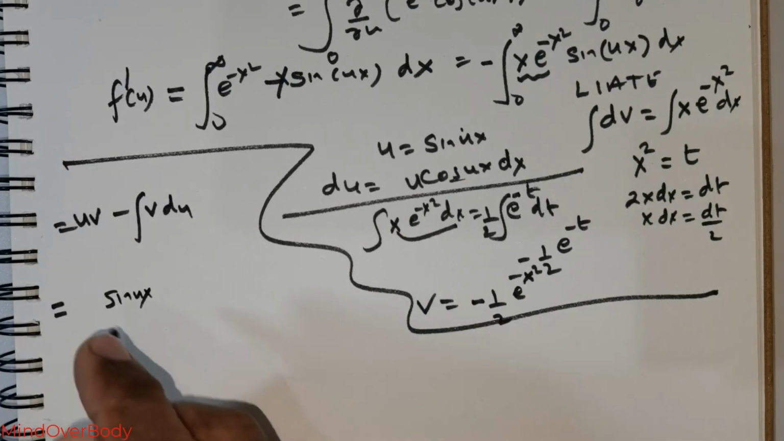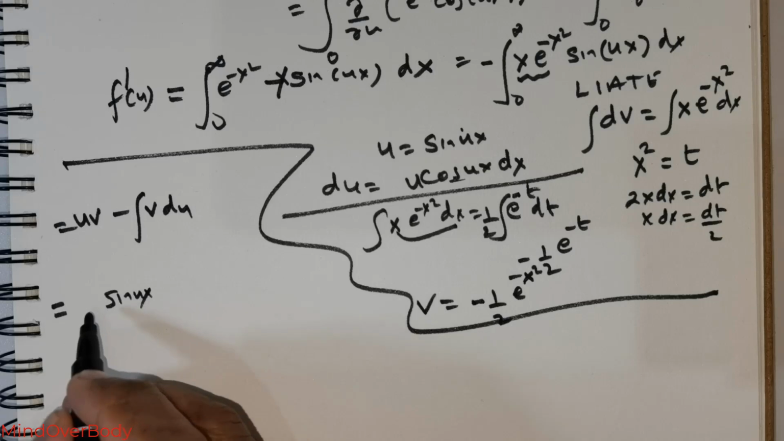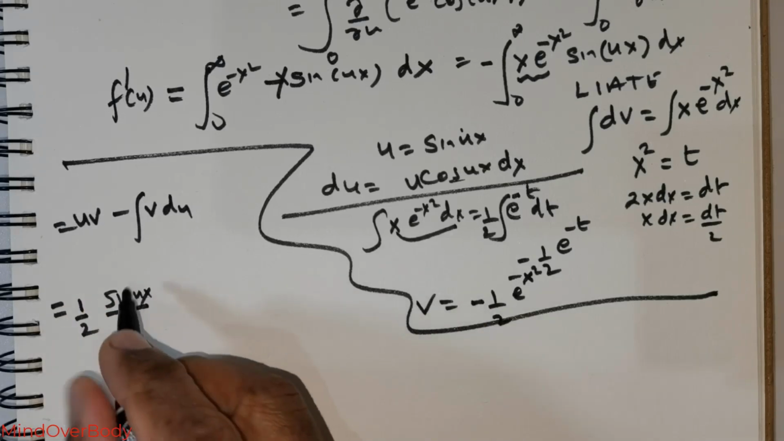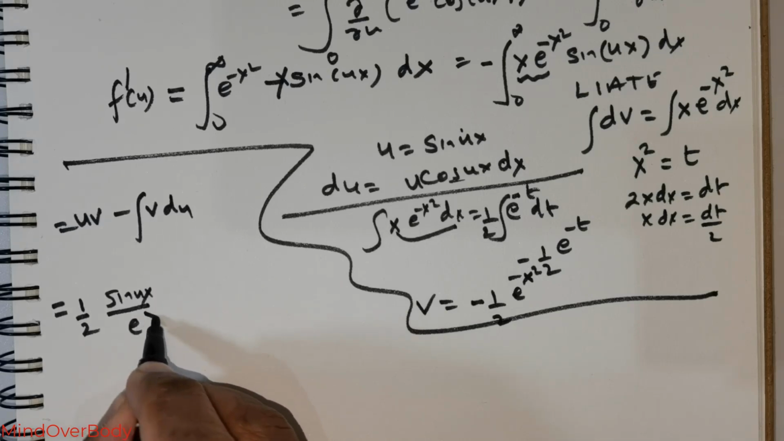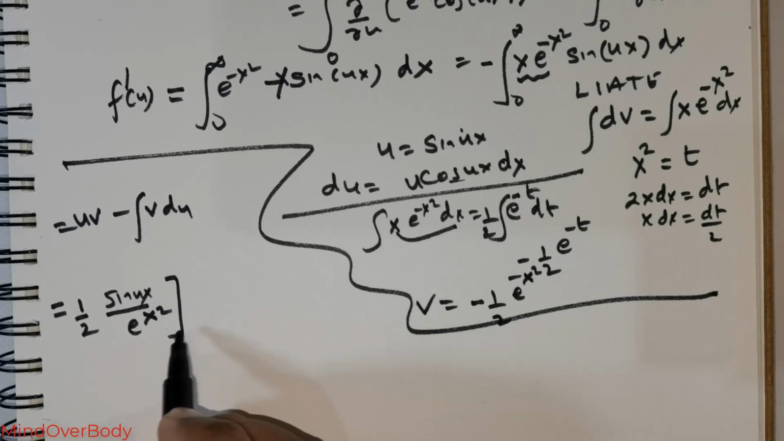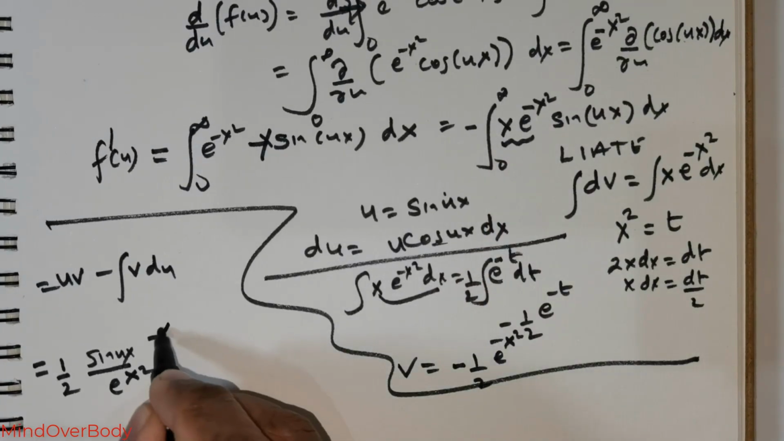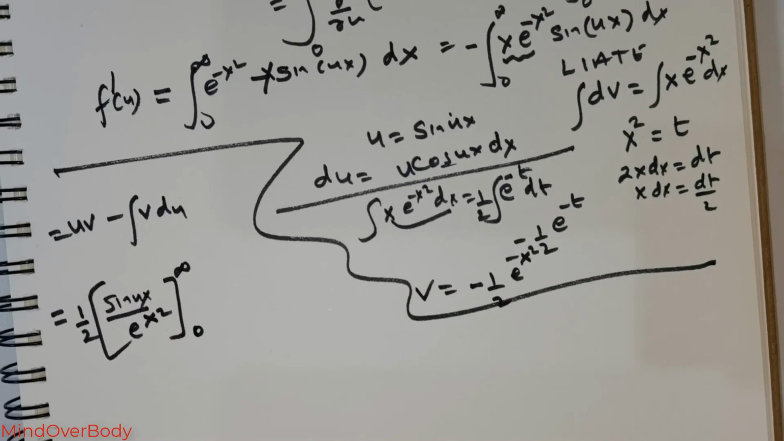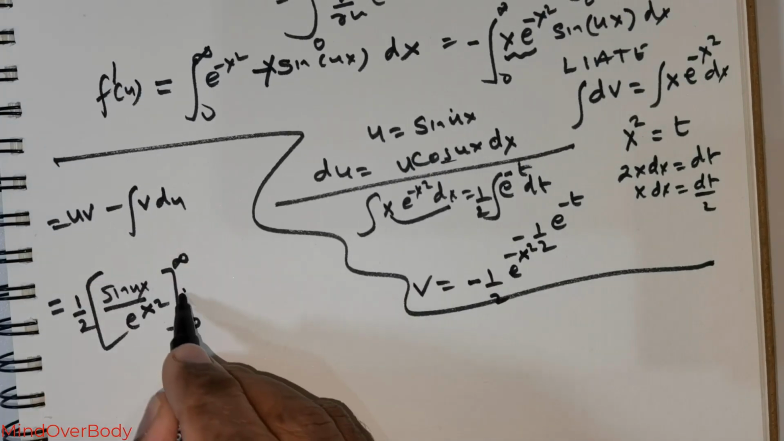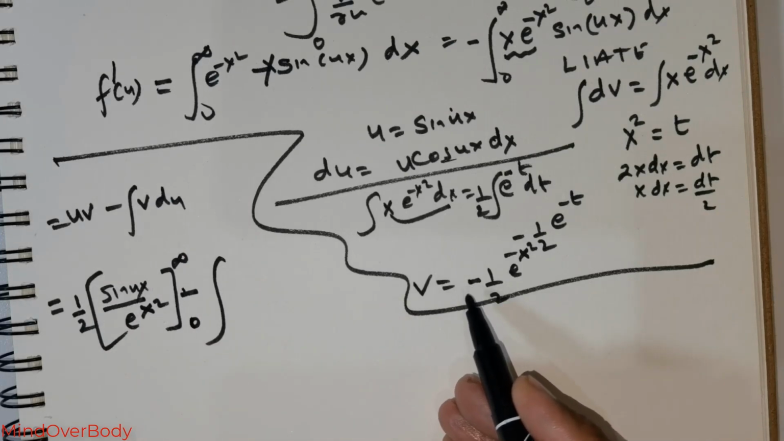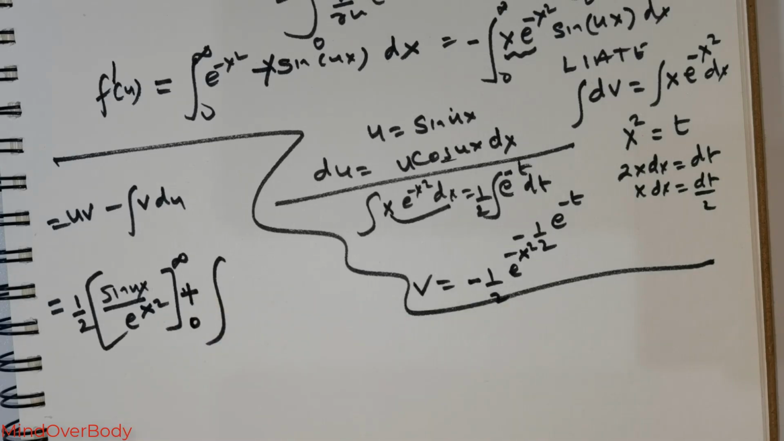My v is, let me write it like this, 1 over 2 times e raised to the power of negative x squared. I can push it to the denominator, so this is going to be e raised to the power of x squared, and the limits are 0 to infinity. The negative sign is there, negative integral v du. So negative negative, I would have a positive sign. This is going to be positive, and integral v du